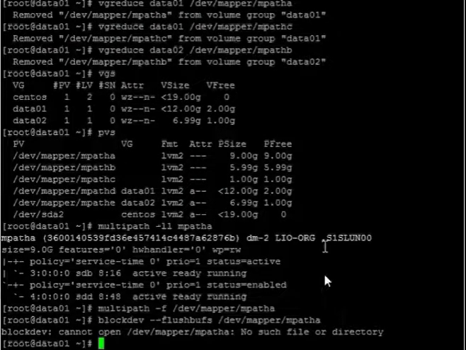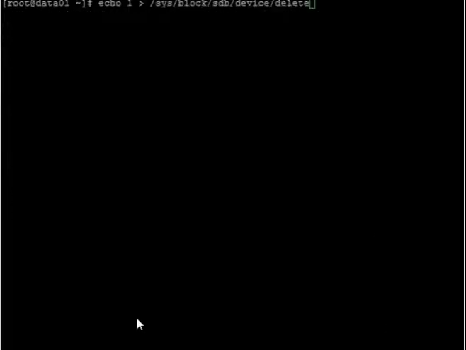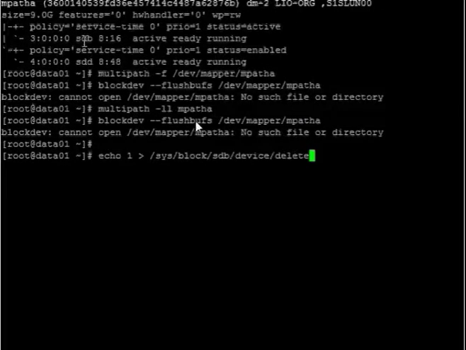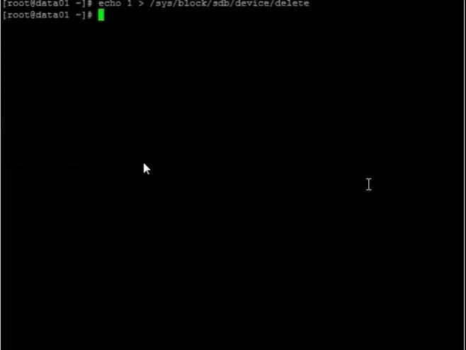So after removing the disk from the PVs, then you have to remove it from the multipathing. Before removing the disk from the multipathing, ensure that you have taken the output of multipathing path name, so that you can remove the disk also. So here the multipath -f command was there to remove the path, and after that you have to do echo and then say block device name block and delete it.